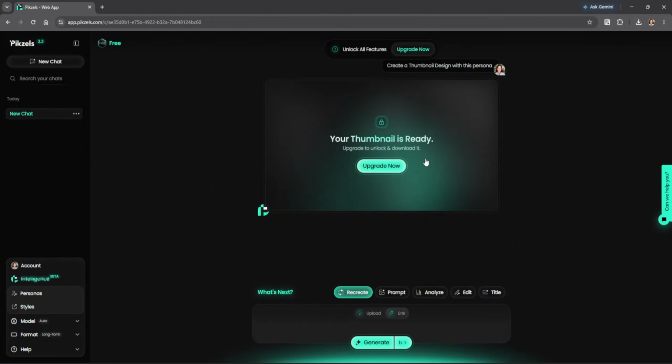Before generating dozens of thumbnails, take time to create a strong foundation. The better your AI persona setup is, the more accurate and professional your final thumbnails will become. And that's how you set up a Pikzels AI persona and avoid the one mistake that breaks every thumbnail you